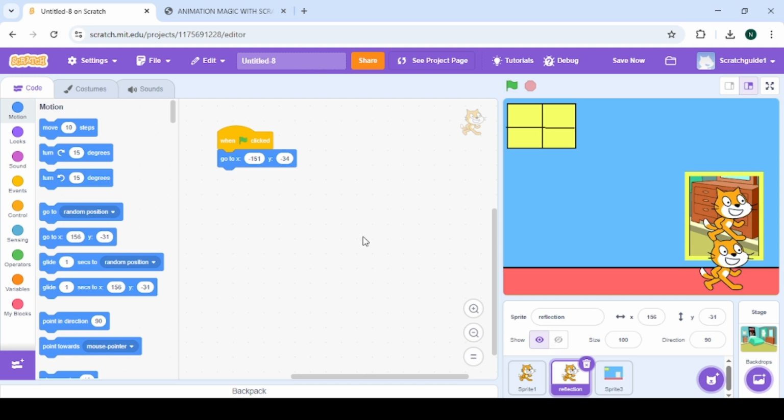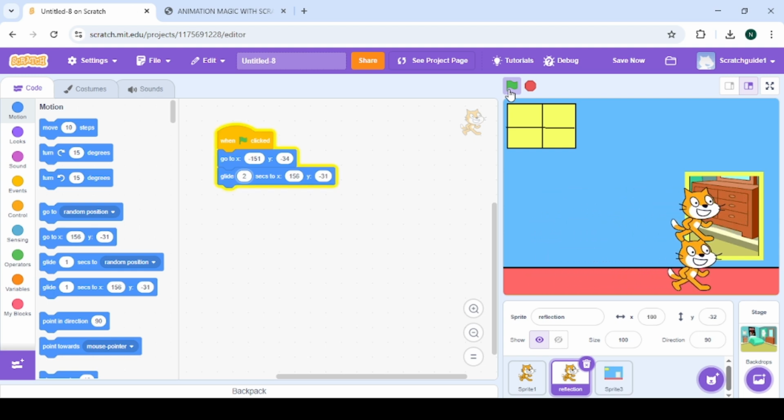You see, to get this glide, drag it and place it here. You see, so it's going to glide from here to here. This one is gliding fast. Let's reduce it to 2 seconds like we did with the other one. Alright, so now